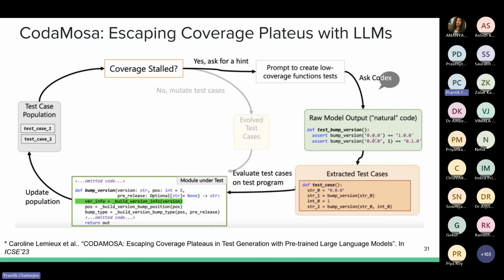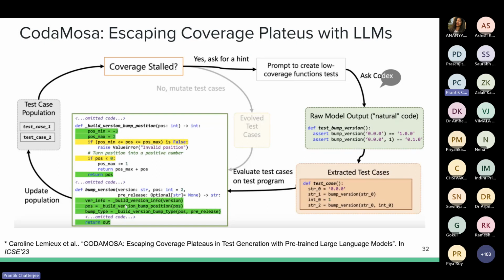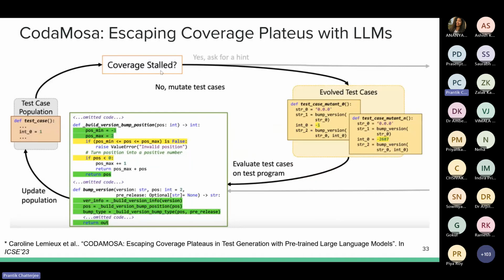Now from these two test cases that Codex produces, you can extract these inputs and then evaluate these test cases. What you see is that your coverage increases. Now it's no longer an invalid input, so you can execute the subsequent lines of the program and increase coverage. Now you update your population of test cases with the test cases that this large language model provides. And then you can run the traditional fuzzer again. Given these valid inputs, you can try to mutate these test cases and try to increase coverage again.